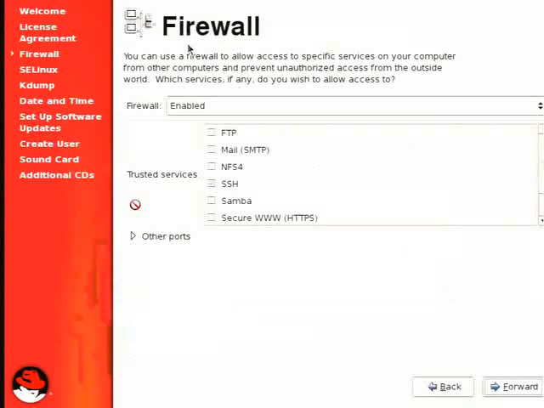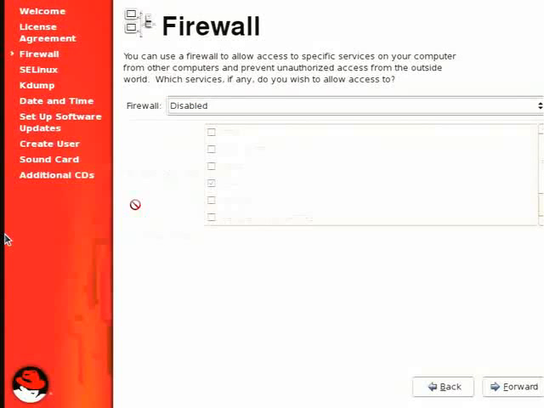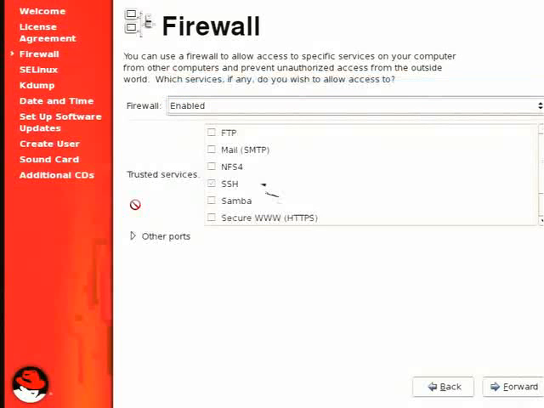Whether or not a firewall is enabled, it's enabled by default, and it permits SSH connectivity. Initially, I like to start off with disabled and then manually disable the ports that are not necessary, or enable ports that are necessary. So we'll disable the firewall and move forward. Otherwise, the default configuration, as you saw, will permit only SSH connectivity. You can turn on other connectivity such as FTP, mail, etc.,